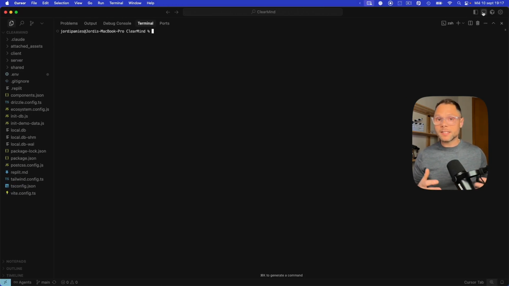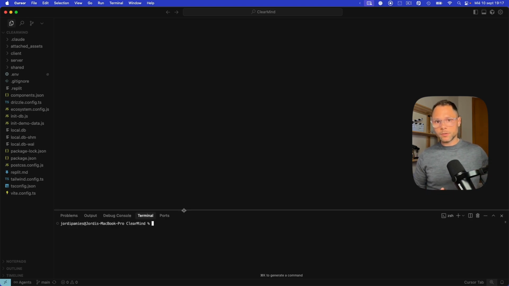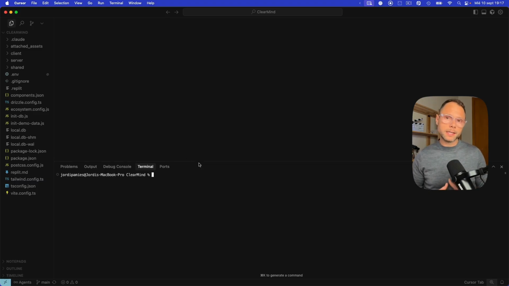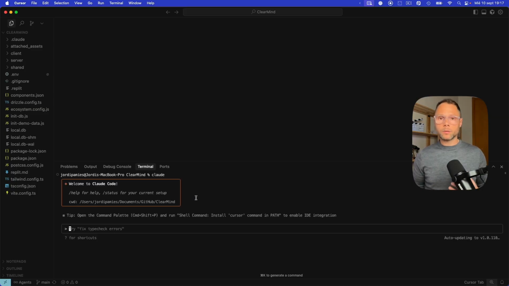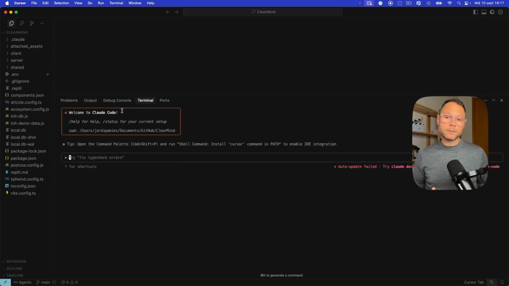So what I'm going to do next is open the terminal view here, which is this one. It normally comes like this, taking half of the bottom window, and you're going to invoke Claude Code, which you write Claude, just like that. And once you do this, you're going to see very easily this brown square saying, welcome to Claude Code. This is a good sign,